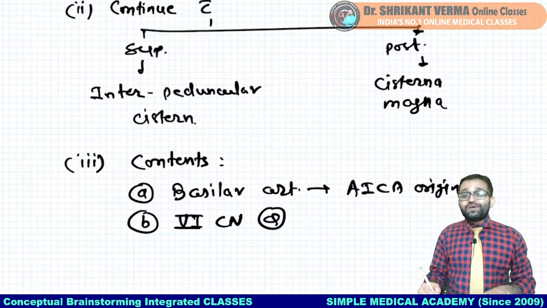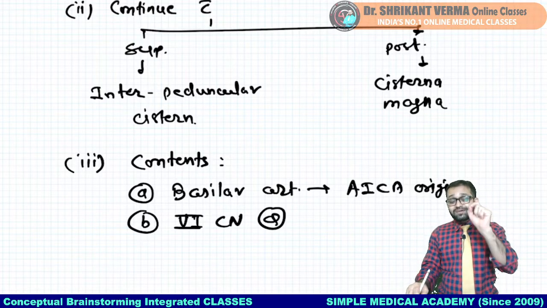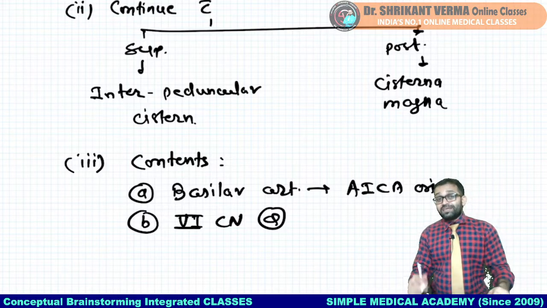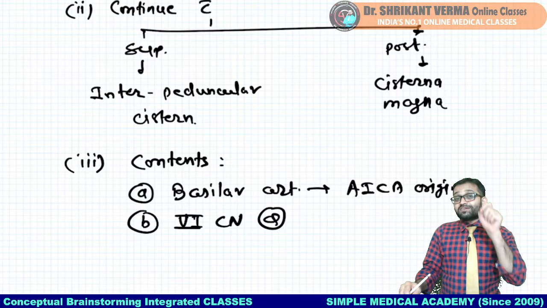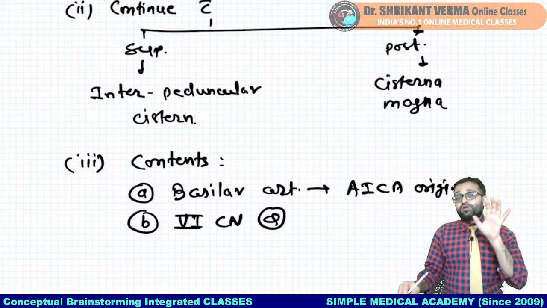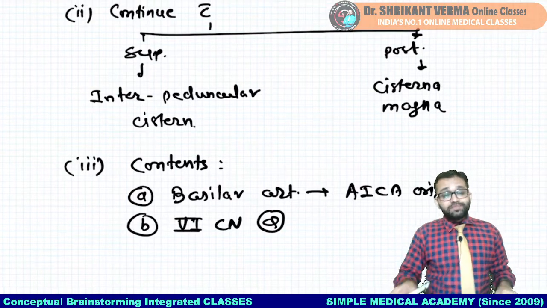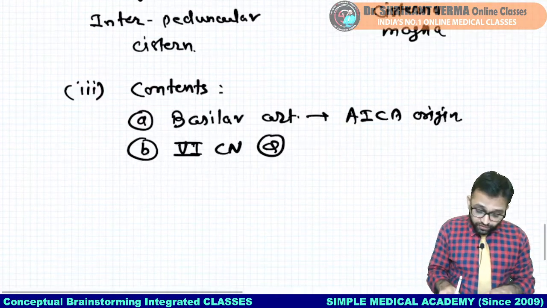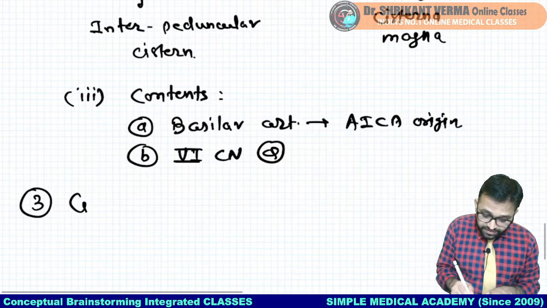So we will see one cause. The 6th cranial nerve is the most common nerve which is getting damaged in raised ICT. One of the answers will be that the 6th cranial nerve runs in our cisterna pontis. We will see. But this point is important. Okay. Now we are going to look for our third cistern, that is